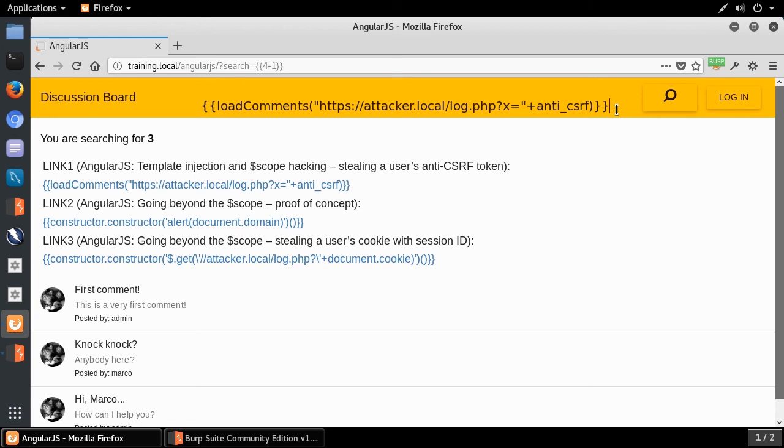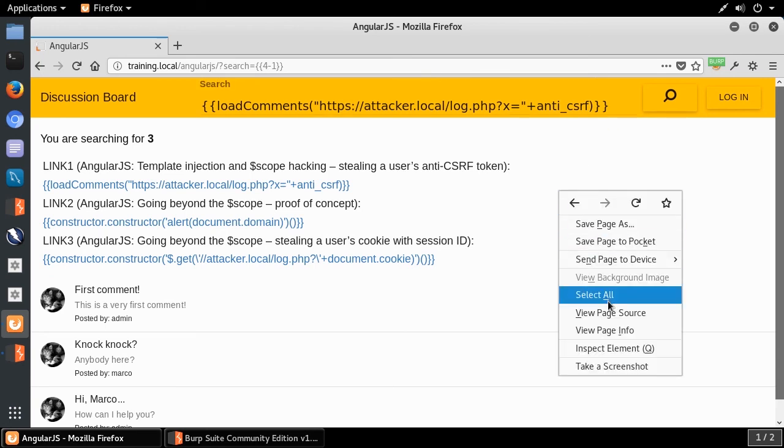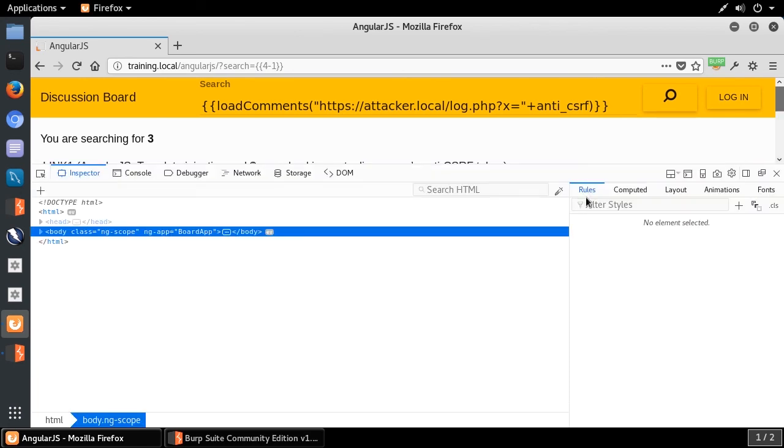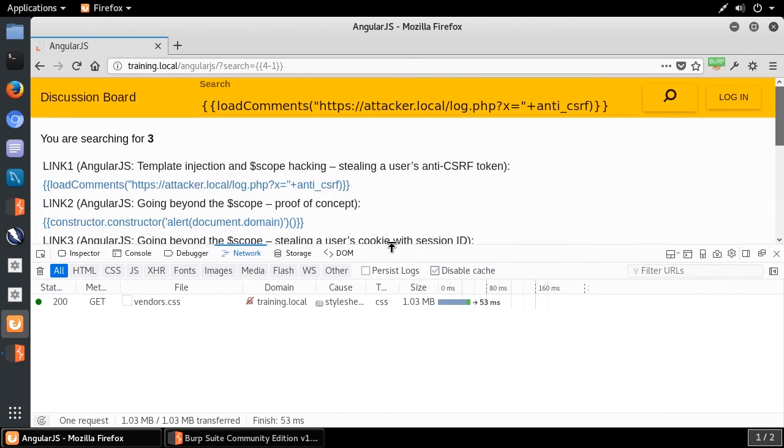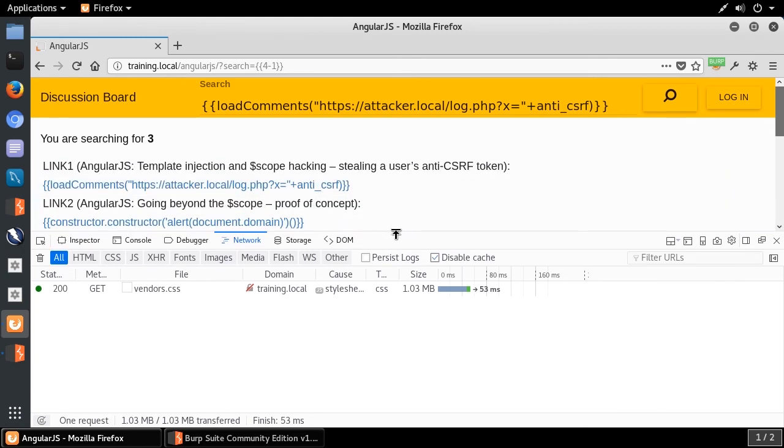Let me show you that indeed it works, but before I launch this attack, I will open the network tab in the DevTools, because I want you to see this attack in action. I want you to see that indeed I am able to steal this sensitive data as a result of an AngularJS template injection attack, okay? So now let me hit search,